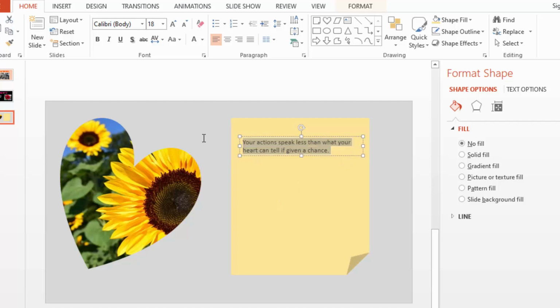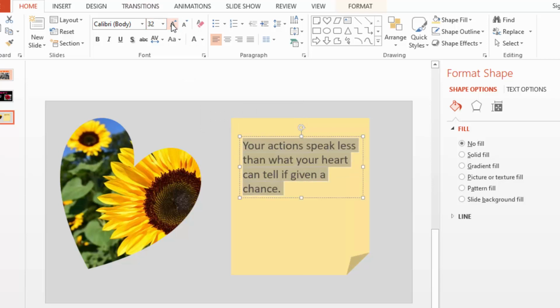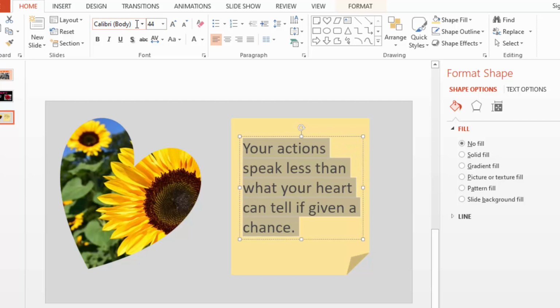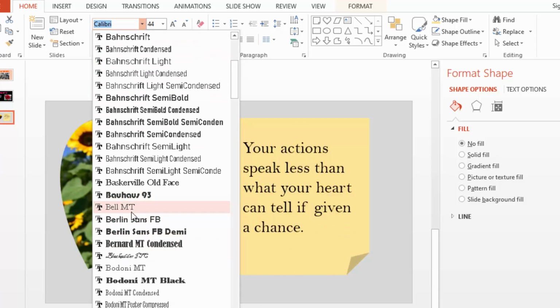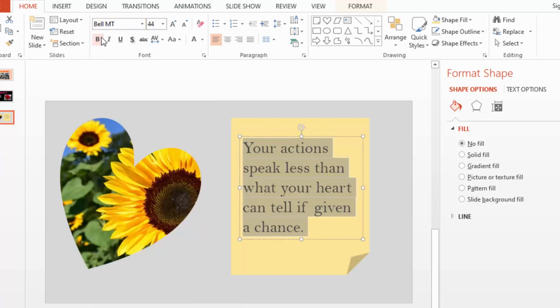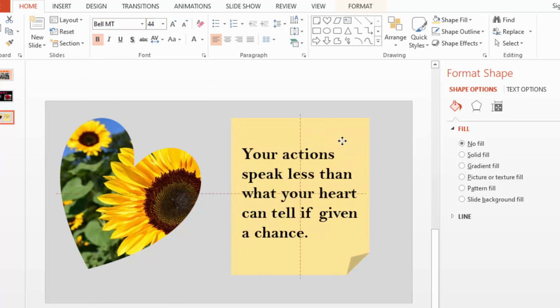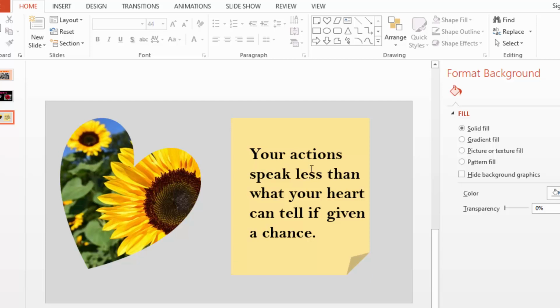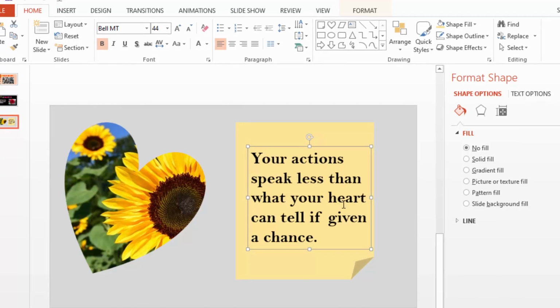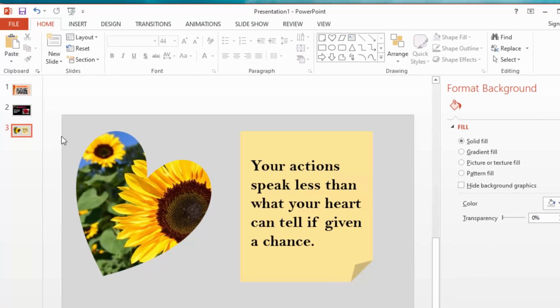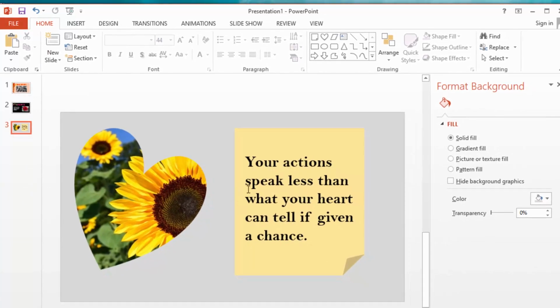Then I will now decorate my text, increase its size, and try to choose a nice font which is readable. Of course, let me go with this and make it bold. Okay, so here it goes, the text on top of the shape and the flower inside the shape. That is good for me. Your actions speak less than what your heart can tell if given a chance. That one is done. I will move to the next slide now,